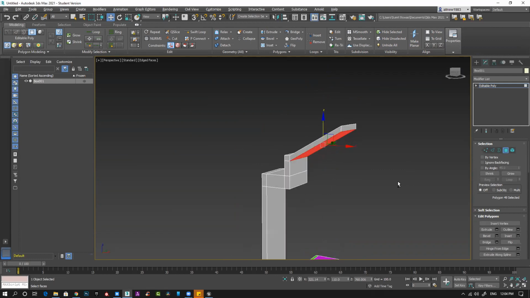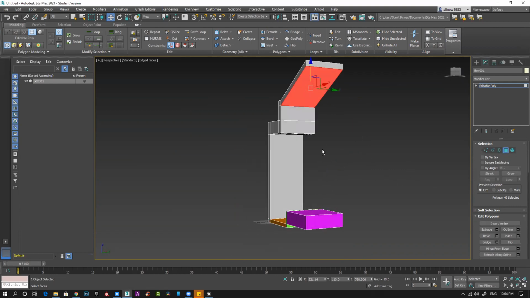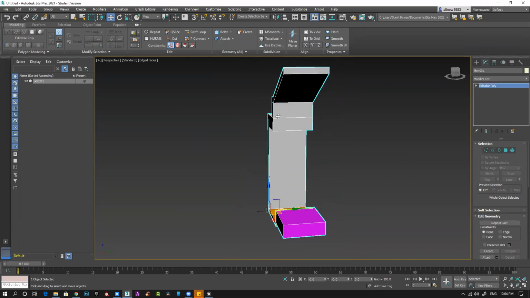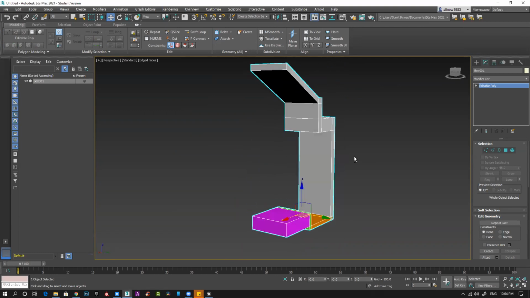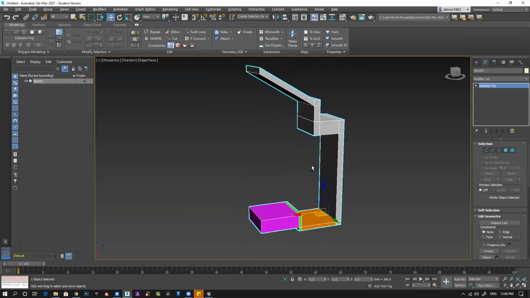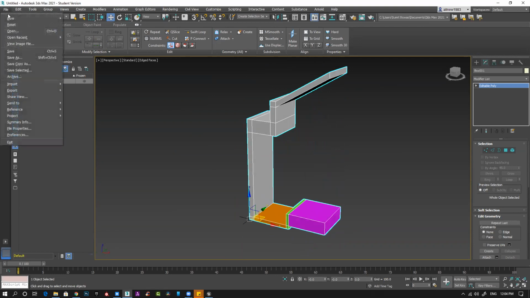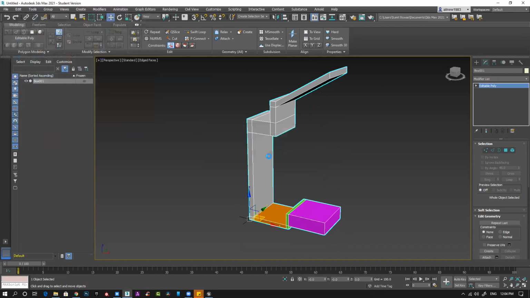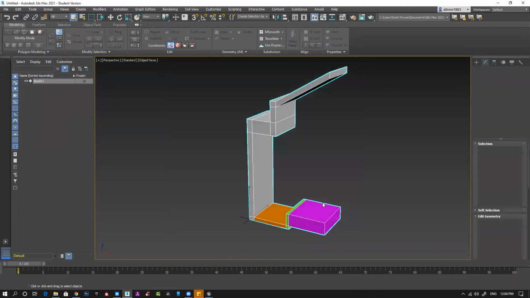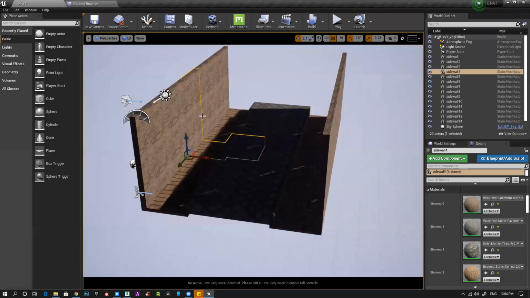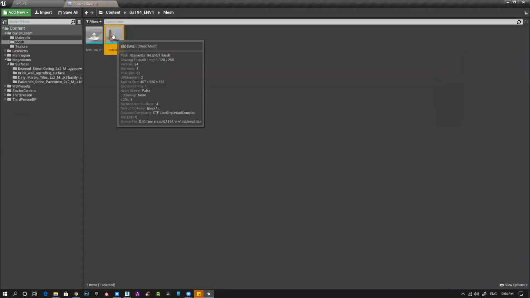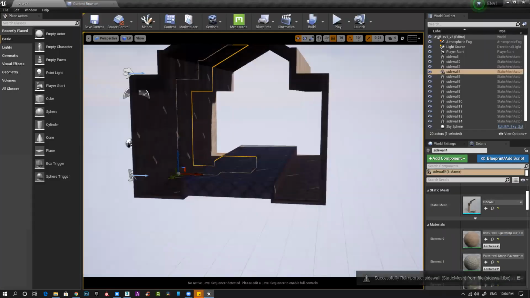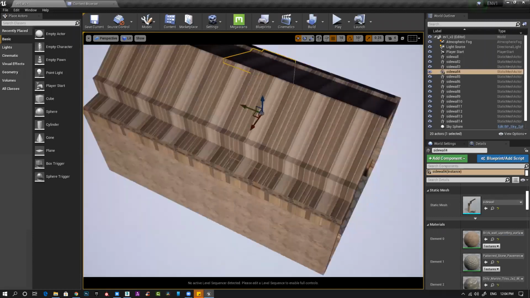Then if I want, I can create other stuff as well. So I just extended this, haven't modified anything. I can re-UV this thing, fix it, and then export it back. So I'll just select this, export, select it once again, overwrite, yes. Go back to Unreal, select my model, check where it is, right click, re-import. It will automatically re-import and my scene is instantly updated.